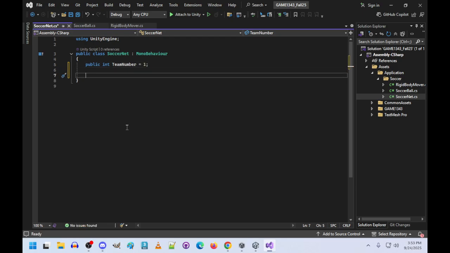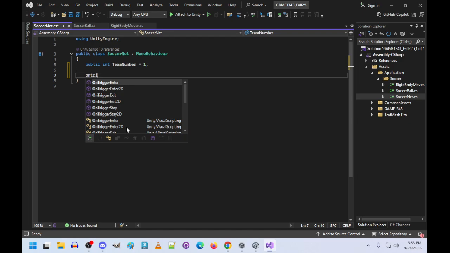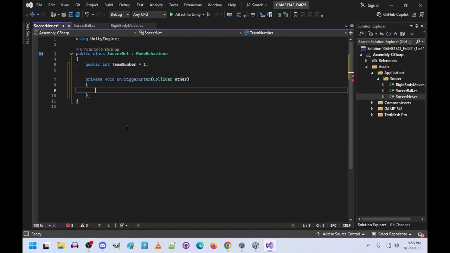All right. This is so we can track which net we're looking at, which we're not going to use for a while, but we have it here now. And the only function we really do need in here is going to be OnTriggerEnter. The first thing I'm going to do with this, basically for debug purposes, I'm going to do